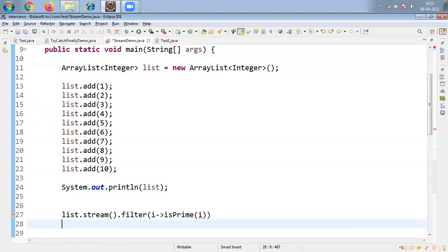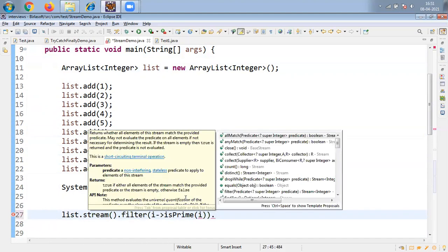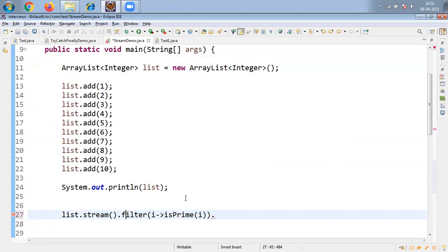Coming back to our logic here, the filter method will check whether i is a prime number or not. If it is a prime number, then I am collecting that result. Collectors dot, the collect method collects all the elements like 2, 3, 5, 7.